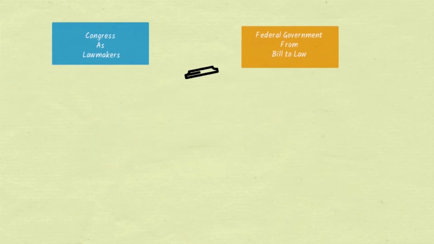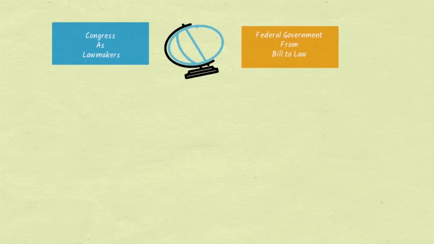Making laws is one of the central functions of Congress. The purpose of this video is to explain the process of moving a bill through the two chambers of Congress in order to create laws. The framers of the Constitution designed the process of lawmaking as cumbersome and slow in order to circumvent infringement on